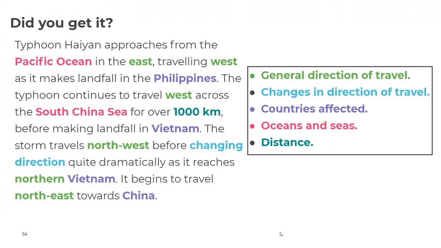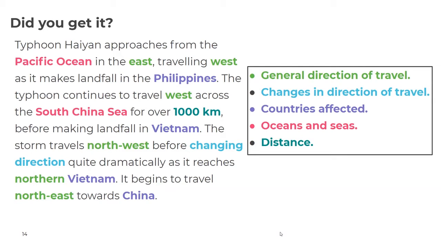So we're now ready to mark our work. Please make sure that you've got a different colour pen so that you're able to do this effectively. You'll notice that I've colour coded in my answer anywhere where I've met the success criteria so you can see it really clearly. So Typhoon Haiyan approaches from the Pacific Ocean in the east, travelling west as it makes landfall